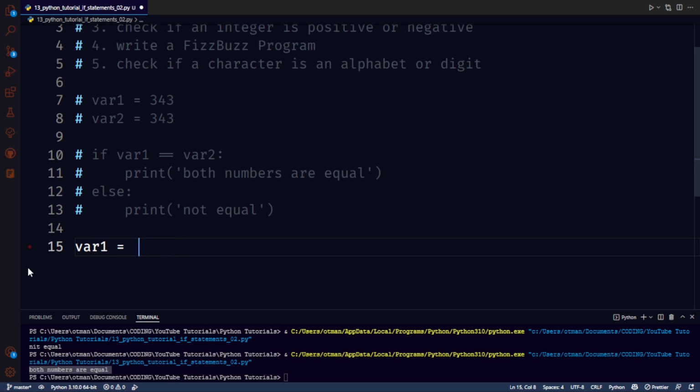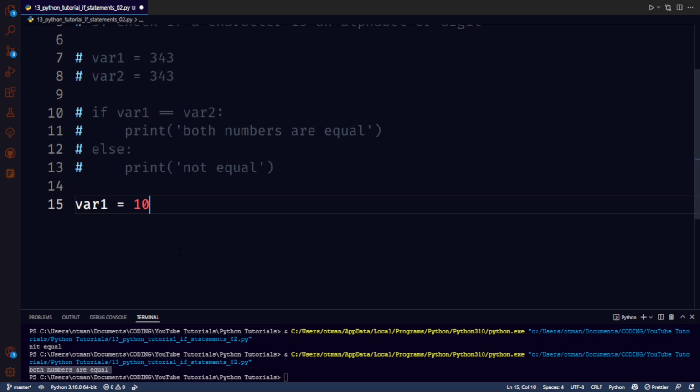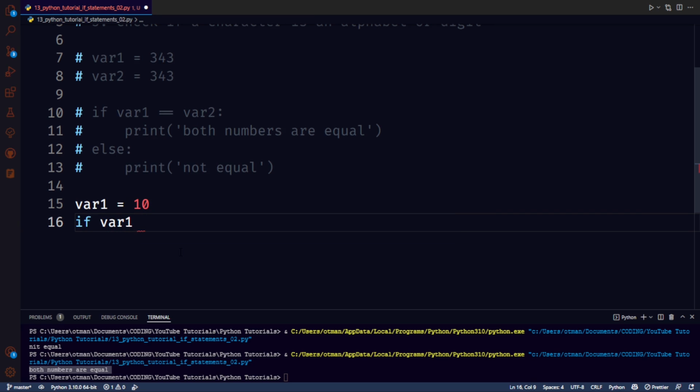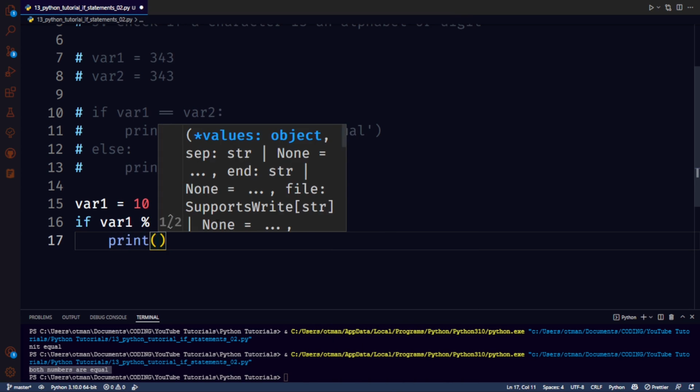And alright, let me give the value of 10. 10 is an even number, so if I do if var1 modulus, where is the modulus symbol, modulus 2 should be equal to 0. That means if I take all the 2's from 10, then all I have left is 0. If this holds true, then this means that 10 is an even number, and therefore I gotta print